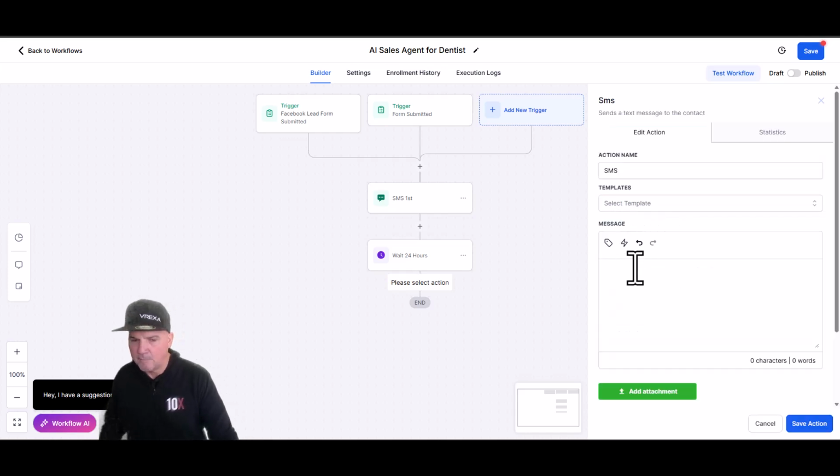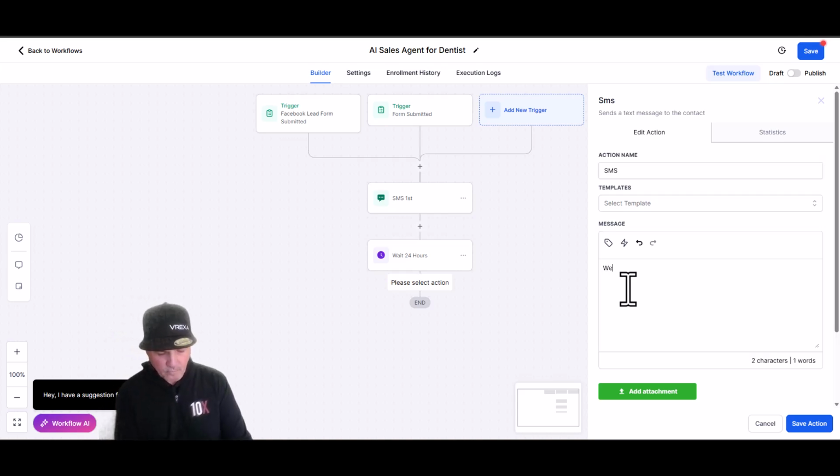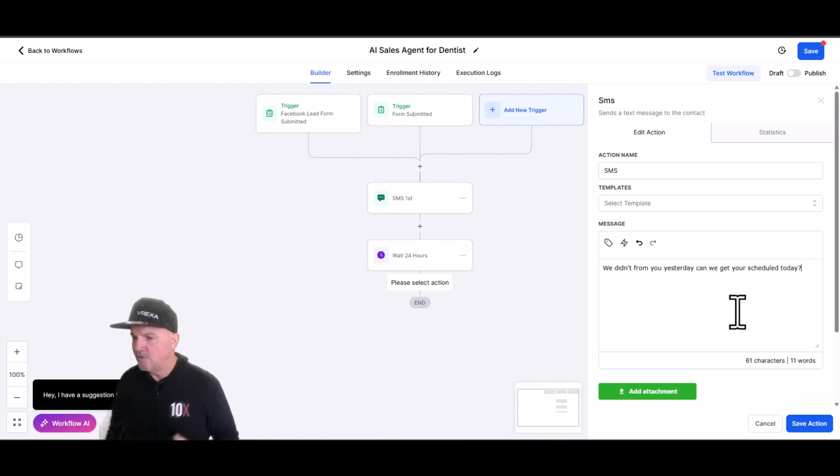Now they can stop this. They can click stop or respond stop to opt out of this, and then it will just drop out. So we didn't hear. So just a short message. Hey, we didn't hear